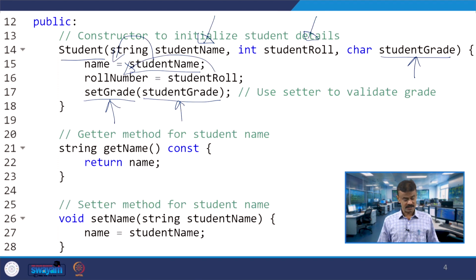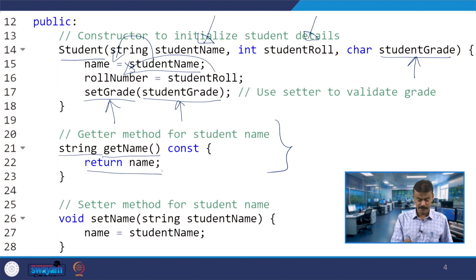So, this is your constructor, and the next one is the getter method. Get name is the name of the member function, and the return type is string. It returns name. That is a getter function. Another one is obviously the setter function. You are passing student name as a string, and the student name is assigned to name.